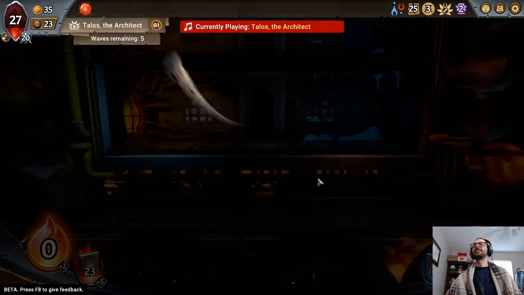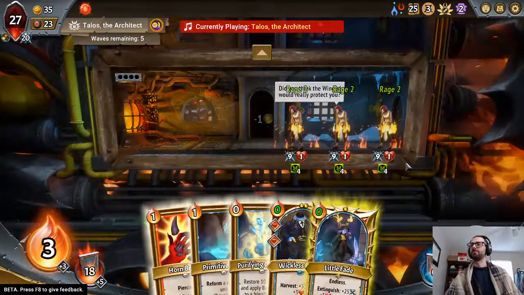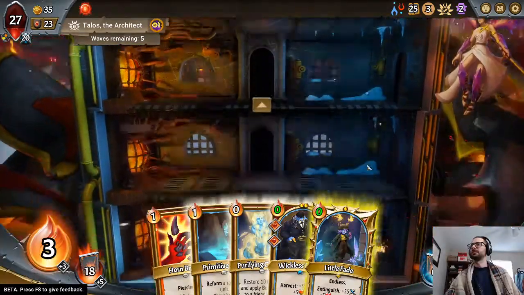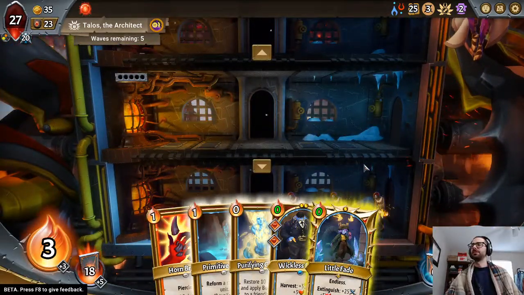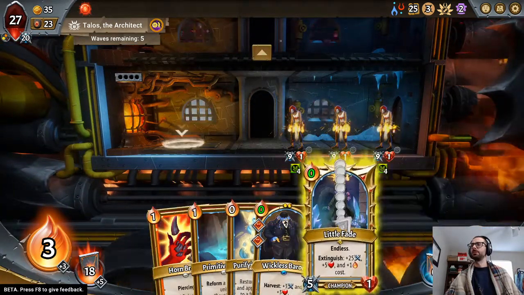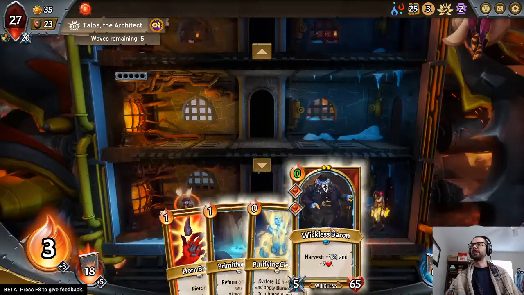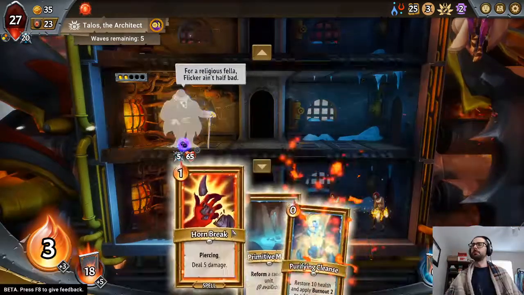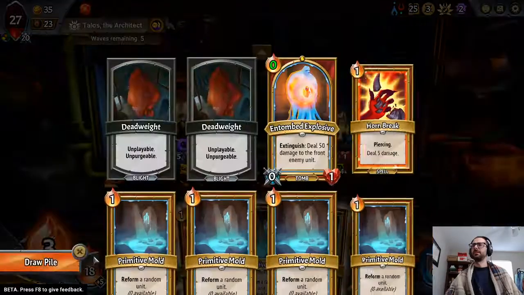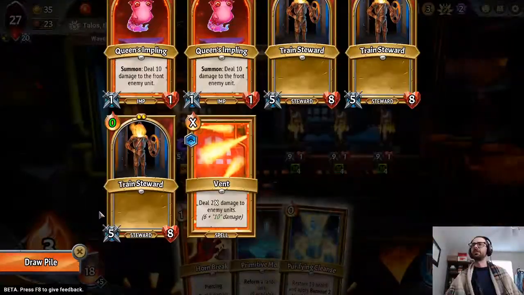Talos getting armor on Slay, not great for me. Set up mid-floor? Seems like set up mid-floor, and I think I let Little Fade die this turn. I play towards a Vent next turn. Or